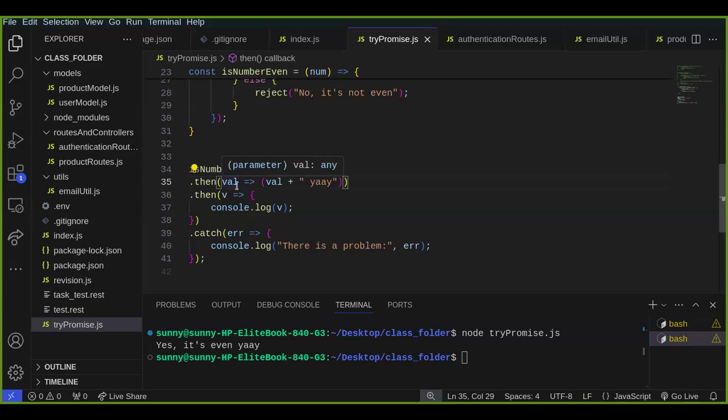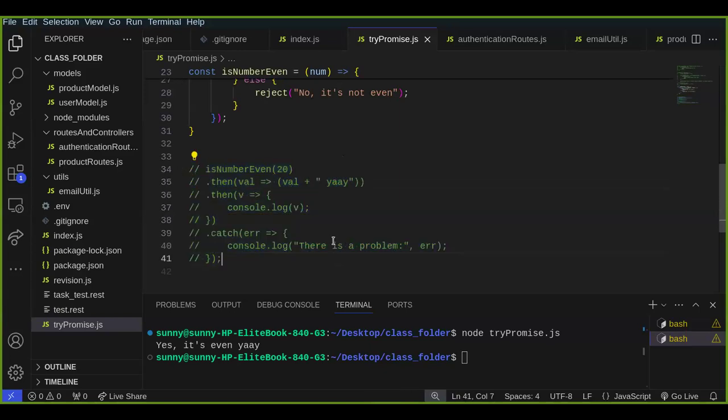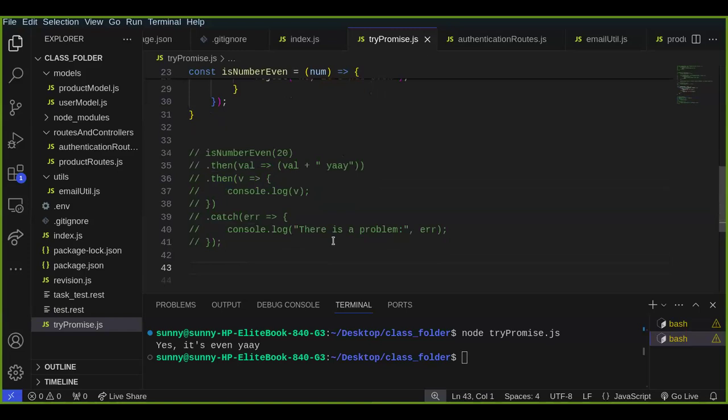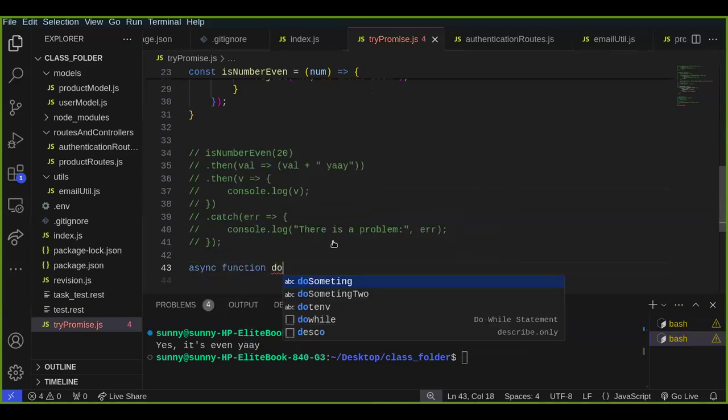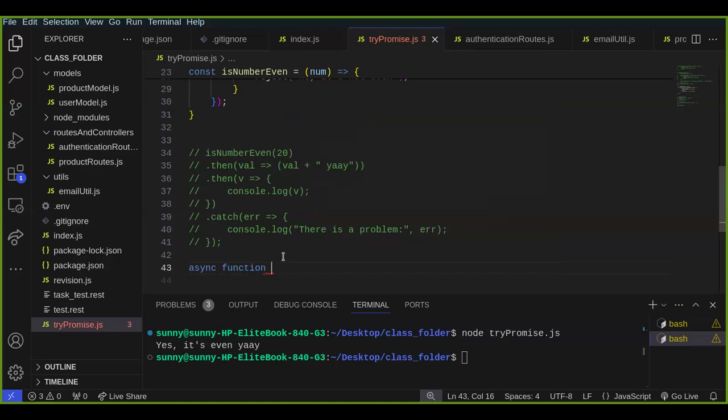So let's see how we can use it with async await. Instead of using thenable functions, let's try to use async await. Async await will require that I write a function, so that's when I would mark a function as async. So I could say async function do something. What name should I give this function? Maybe I'd say